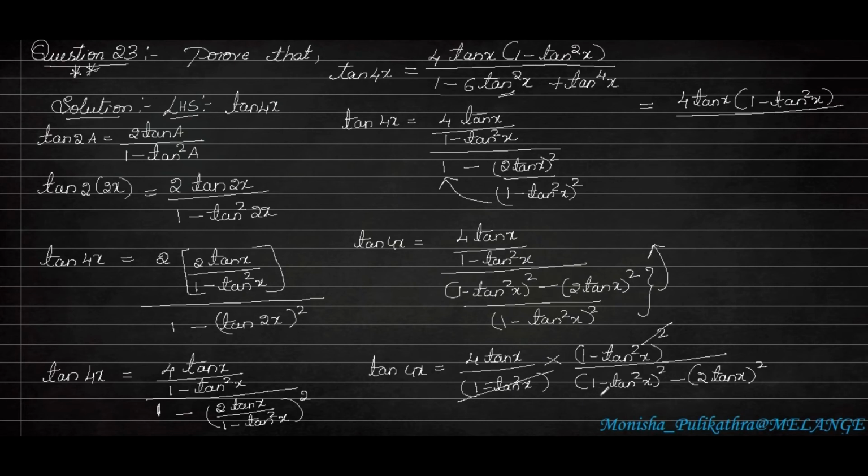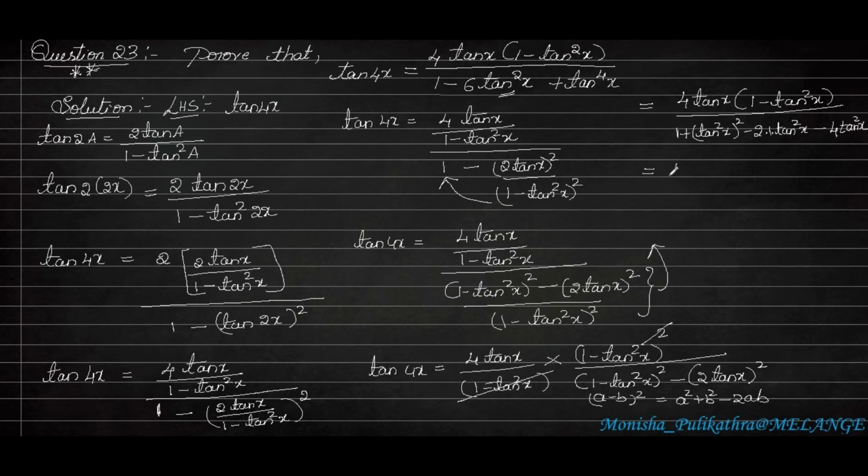So this term is in the form of an algebraic identity a minus b whole square. So a is equal to 1 and b is equal to tan square x. We know that a minus b whole square is equal to a square plus b square minus 2ab. Here a is 1 and b is tan square x. So we have to expand this in the form of algebraic identity. So it will become 1 square is equal to 1 plus b square is tan square x whole square minus 2ab, 2 into 1 into tan square x. Okay, minus here 2 tan x whole square. So the square will be applied to both 2 and tan x. It will become 2 square is 4 and tan square x.